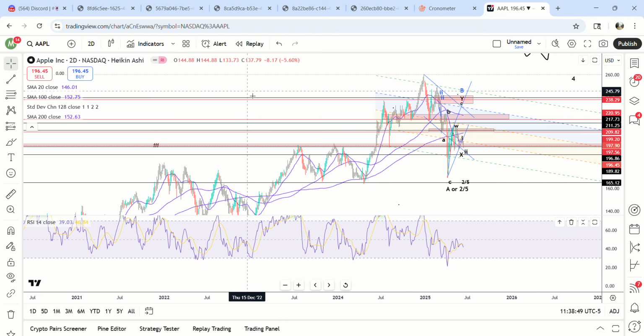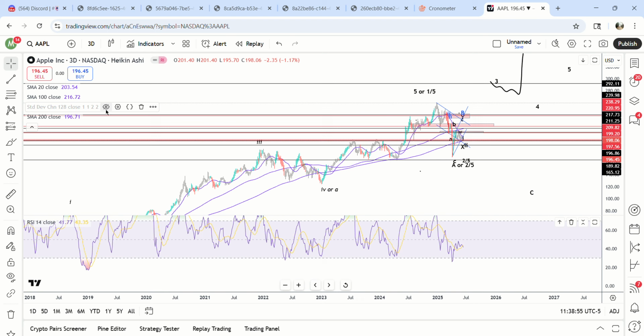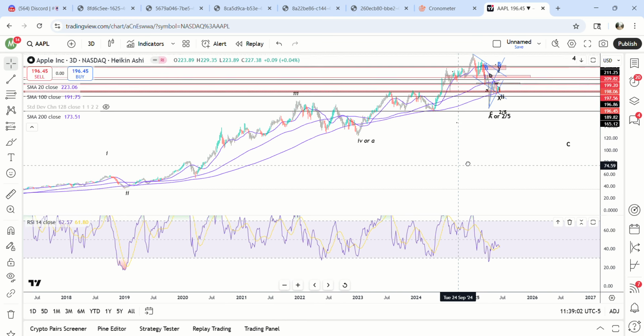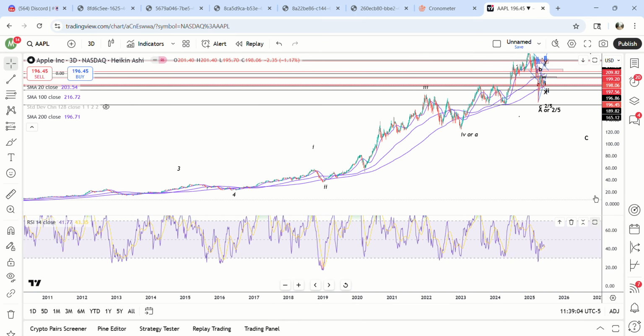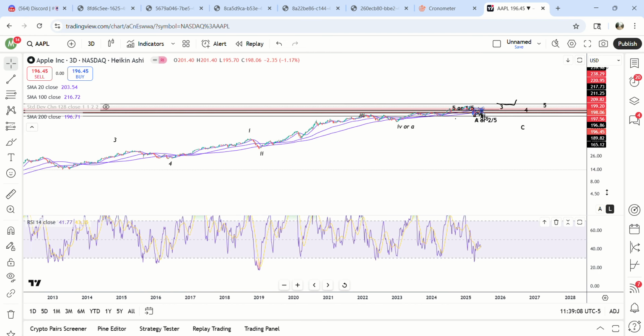All right, update here on Apple. Let's just go over the whole thing. I'm going to go over why I'm still mega bullish on Apple. Mega bullish. And we are on the